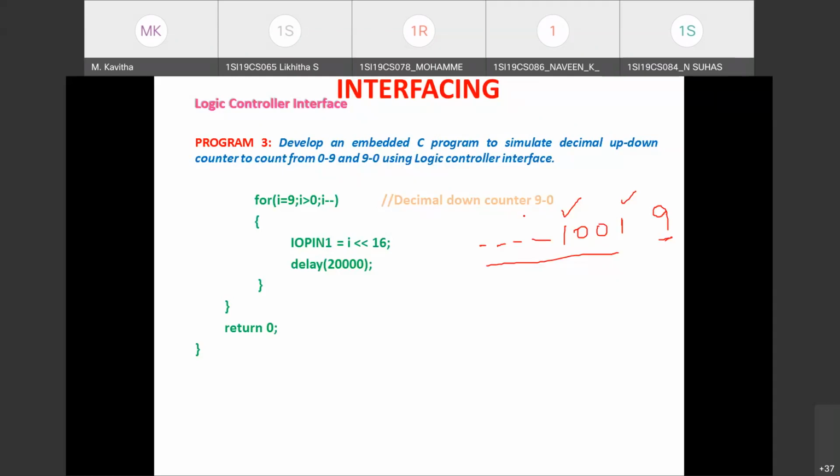We are left with 3 more programs that will complete your Part B syllabus also: one on LCD, liquid crystal display, and 2 programs on DAC interface. If we complete those 2 components, that completes your lab syllabus. And one more interfacing I will discuss, the keyboard interface with respect to theory, that will complete your Unit 5. Okay, hope you have followed today's session.